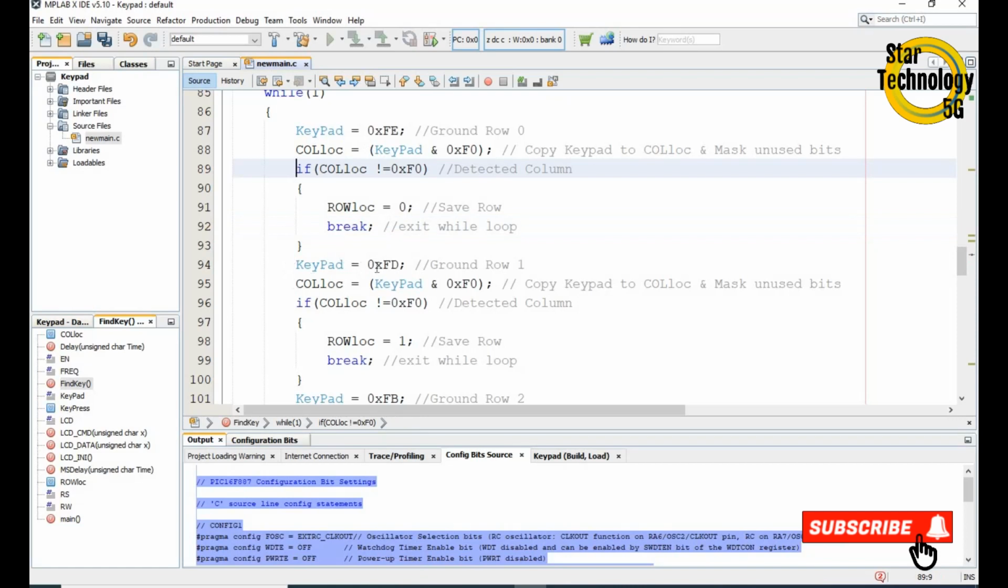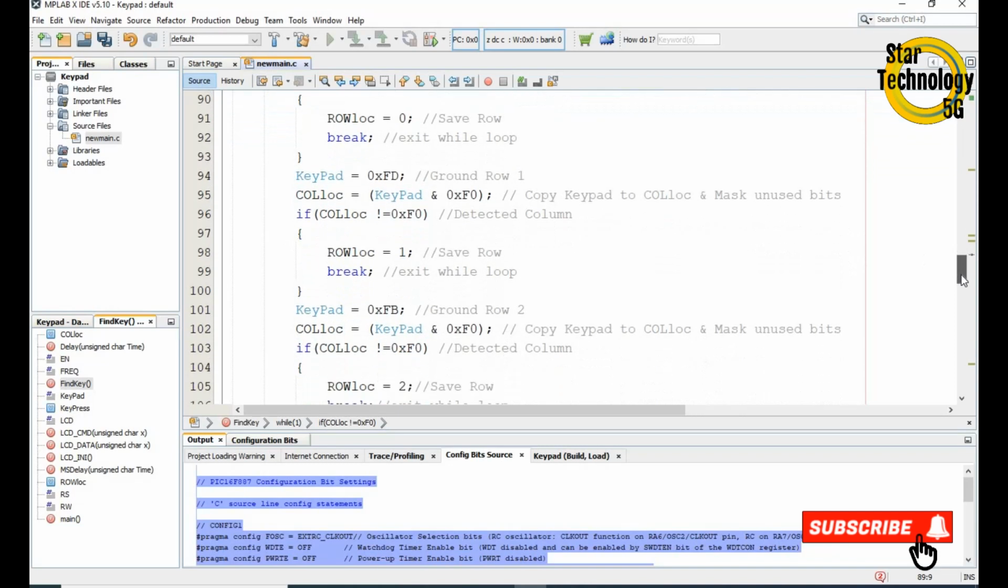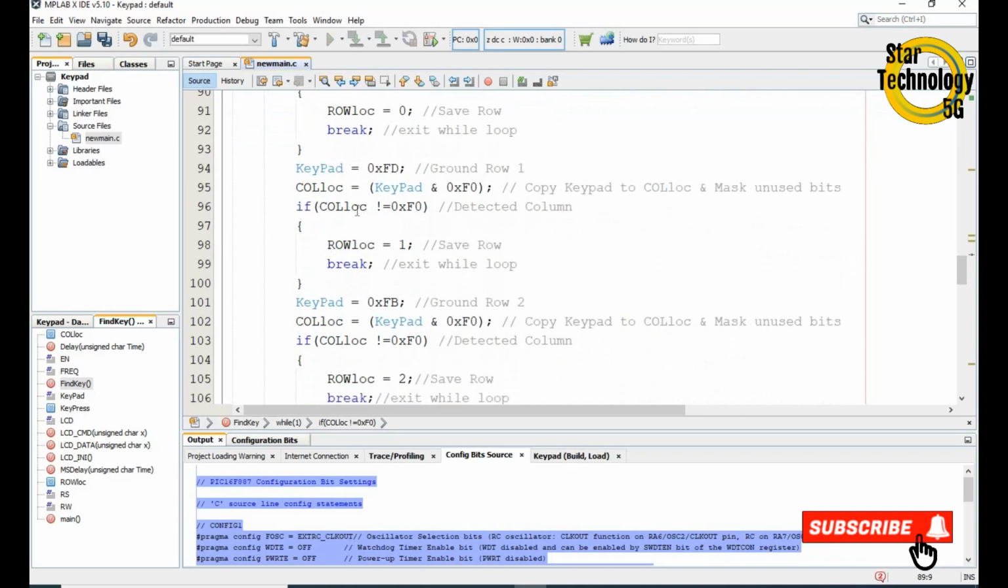It will send 0xFD. It will ground row number 1 and it will copy that data to the keypad, and here we mask the unused bits and we will copy that data to the column log. And if data is not equal to 0xF0, it means row log is equal to 1 and it will break the while loop. If that value is also not true,